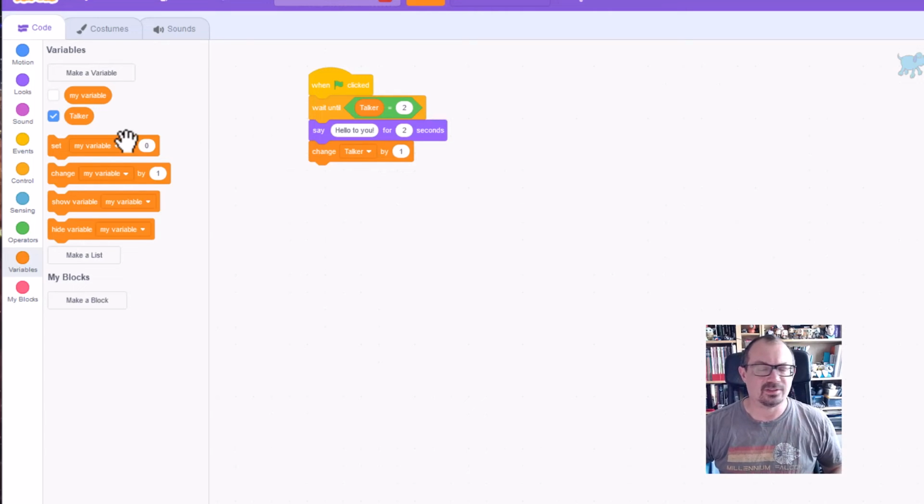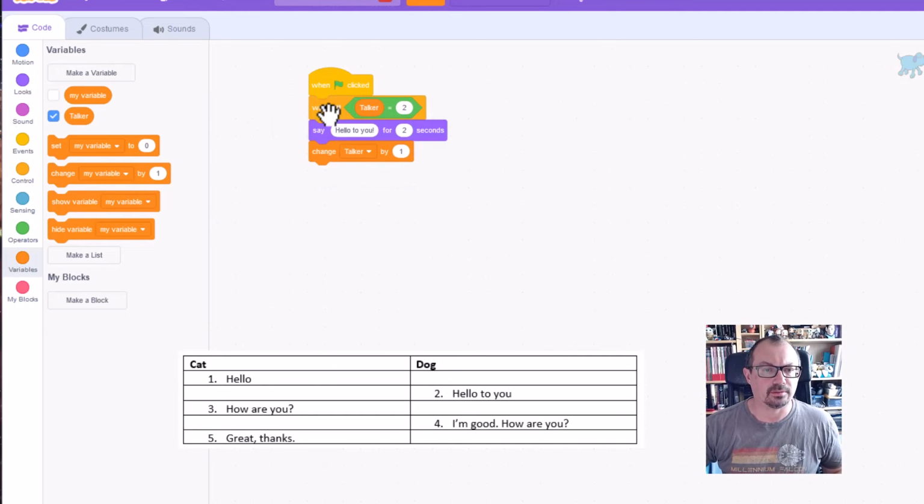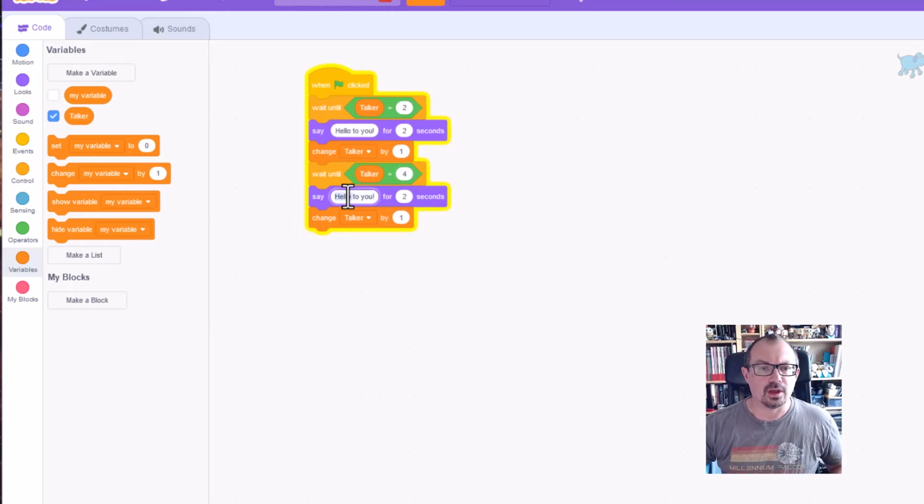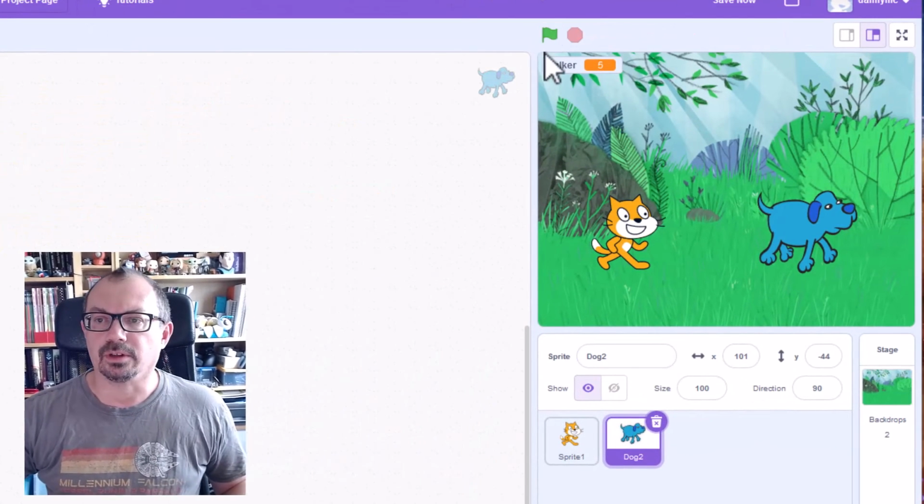Then the dog's then going to wait until talker is 4. Now I could duplicate that block, save myself some time. So he's now going to wait until talker equals 4 and say his bit, which is I'm good, how are you? Change talker by 1, and then let's go back. So if we've got this now, he's going to say his bit when talker is 2, change talker up to 3, the cat's going to say his bit, he's going to wait until the cat changes it to 4, and there we go. If I now run that program, so I'm going to click on the flag,